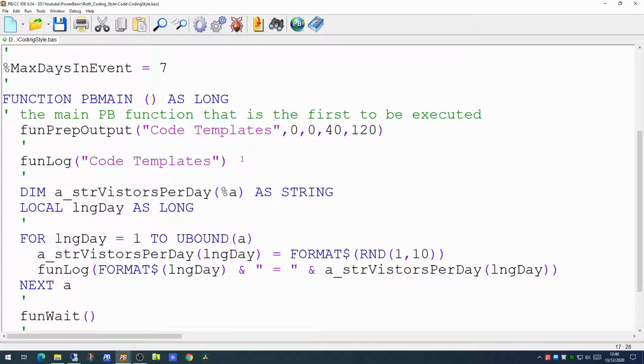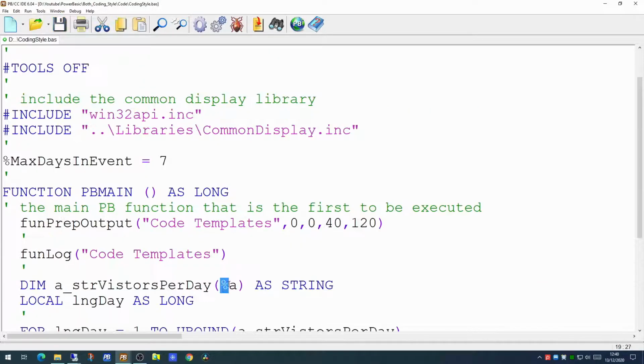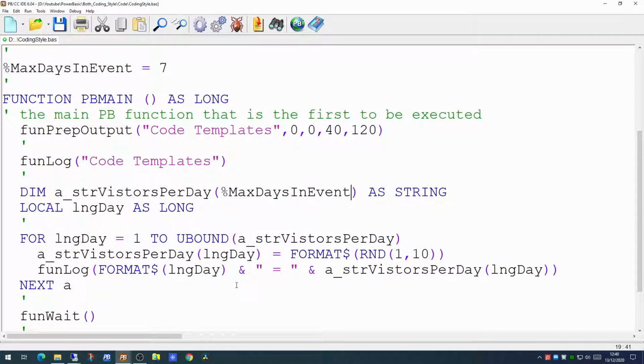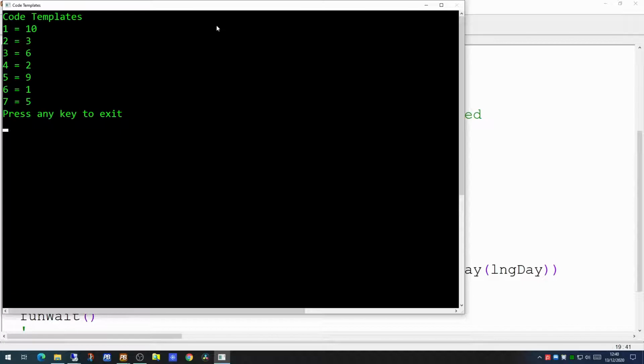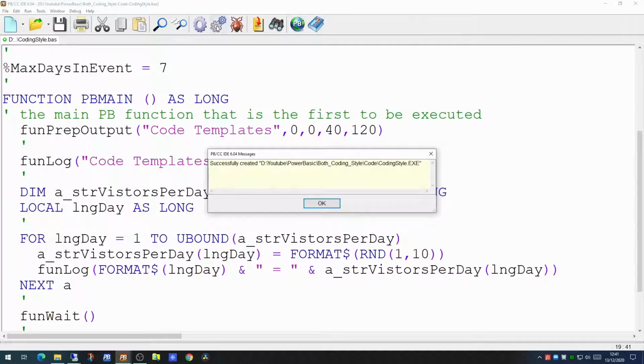Now, by simple renaming of our variables, it becomes more obvious what we're actually doing. We're keeping track in an array of the number of visitors per day. There are 7 days, and we're stepping through the days from 1 to the upper bounding of the array. So if we try running that now, we'll find it gives us exactly the same output, but the code is